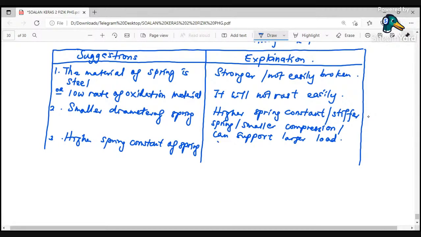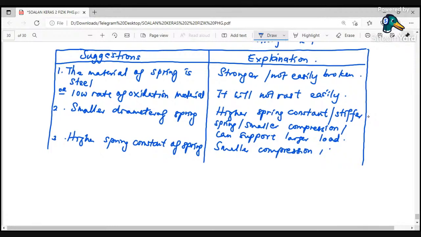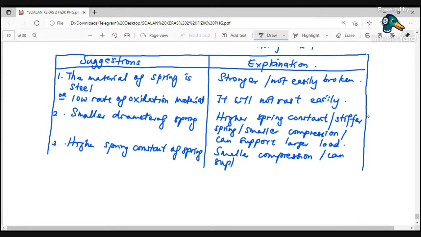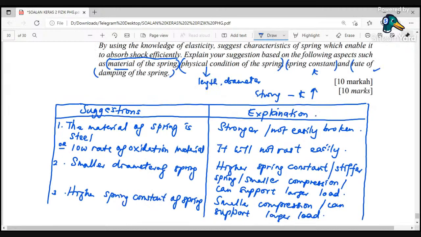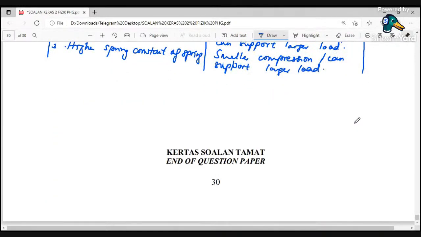You can put smaller compression, can support larger load. Okay, therefore